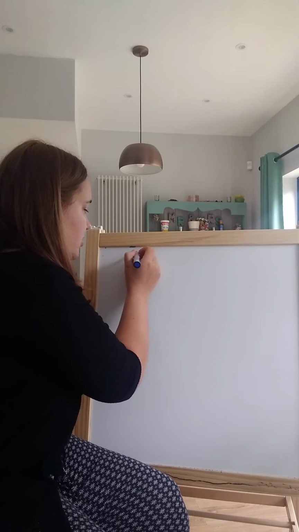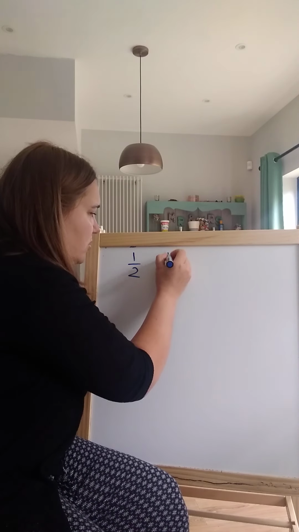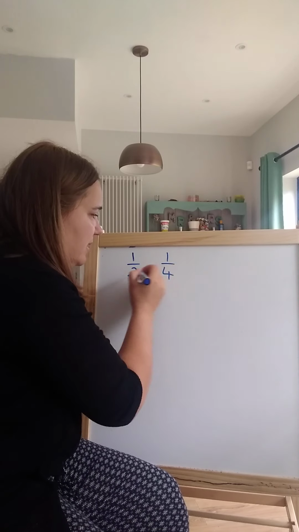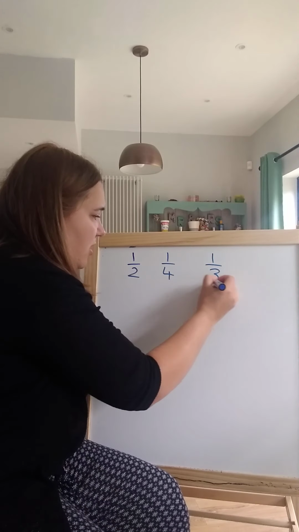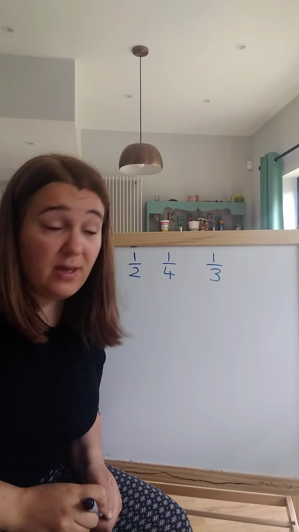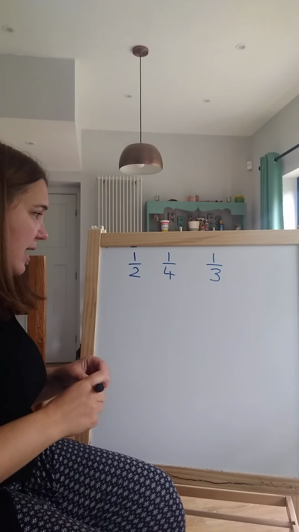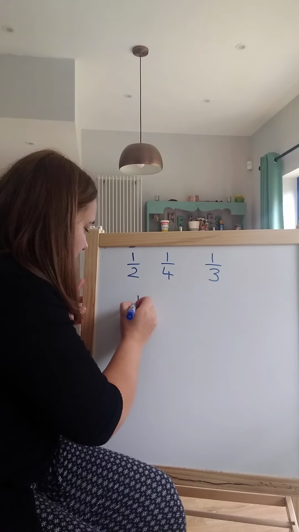Okay, so just for the moment, we are going to work on a half. We'll do then a quarter, because that sort of links in with that one. And then we'll look at thirds. Okay, so those are the three I'll do quickly. And maybe we'll get on to the top number changing as well today. Okay, so let's start off with a half